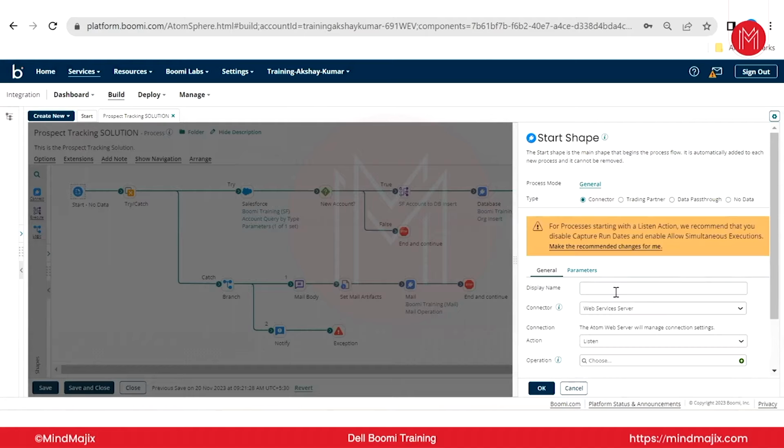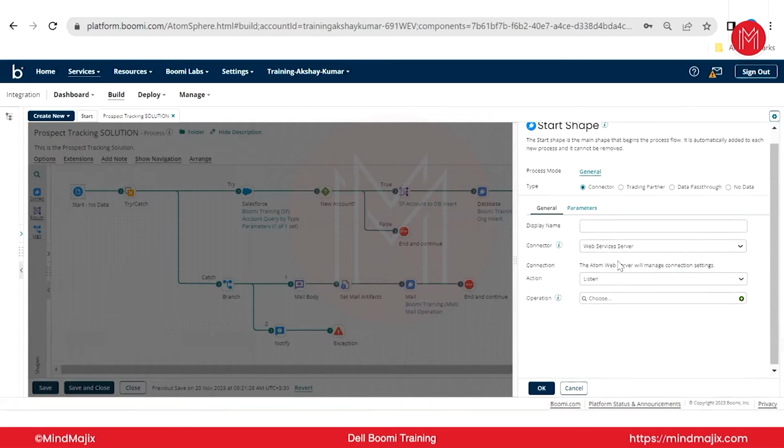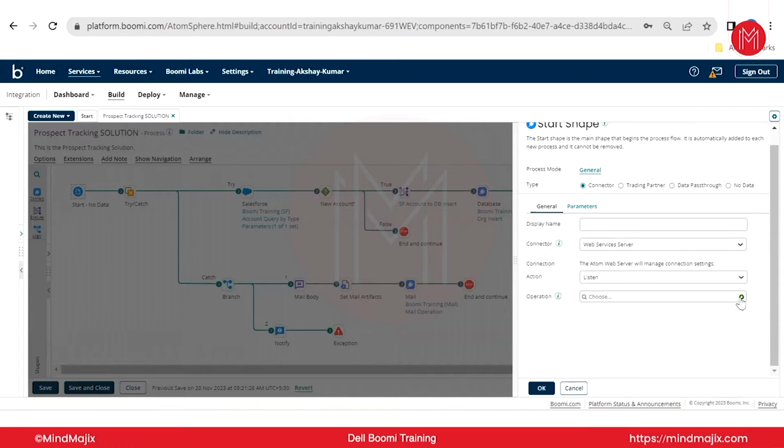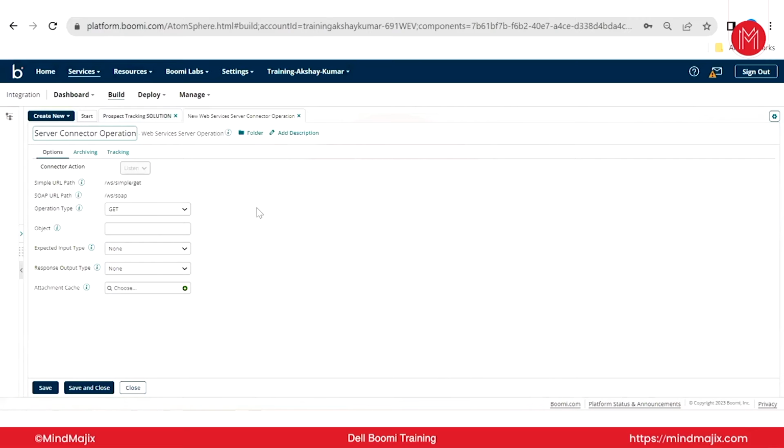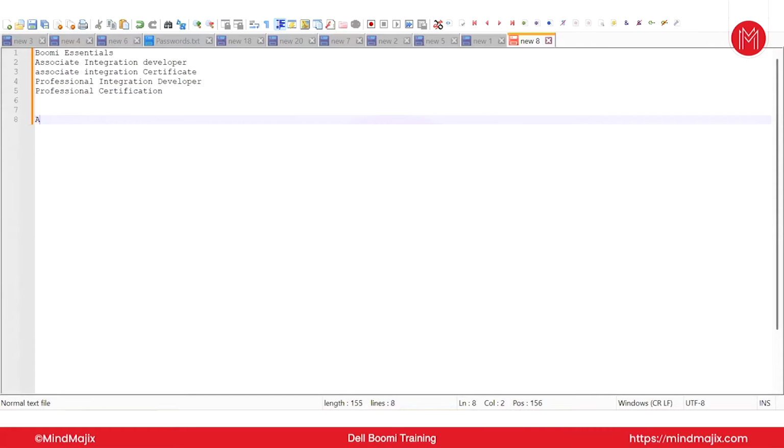So first we'll start with the listener process and set up the operation. Yes, create the operation now. To create the operation, for any API there are 5 basic elements required. Remember this: API URL, the API endpoint,